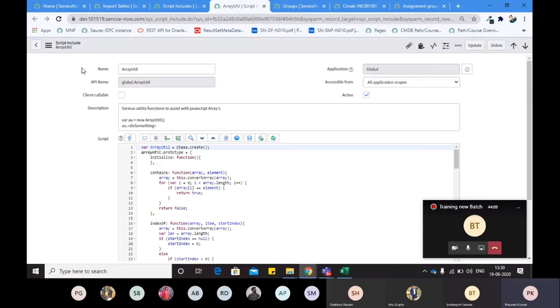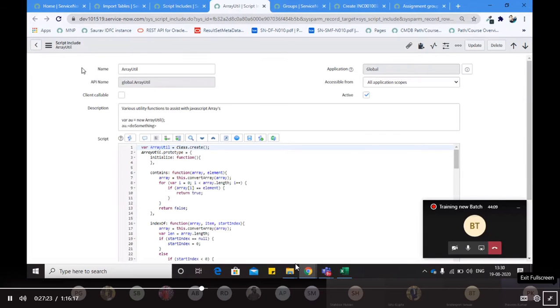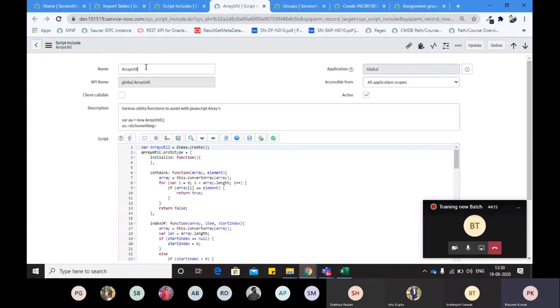Now if we talk about the fields of the script include, you are seeing name, API name. Name should be a unique name by which you can identify your script include. API name, again it should be a unique name by which you can identify your script include, right? Client callable. Now we can create 2 kinds of script include in ServiceNow.